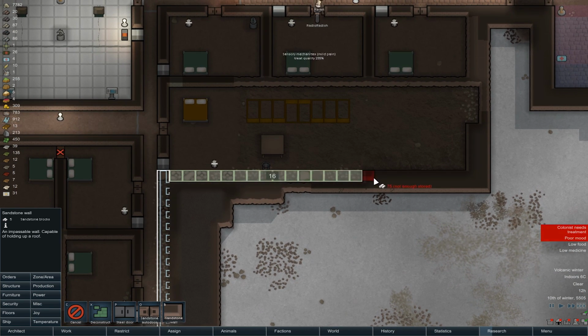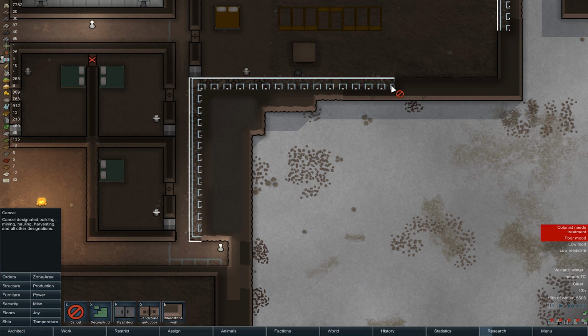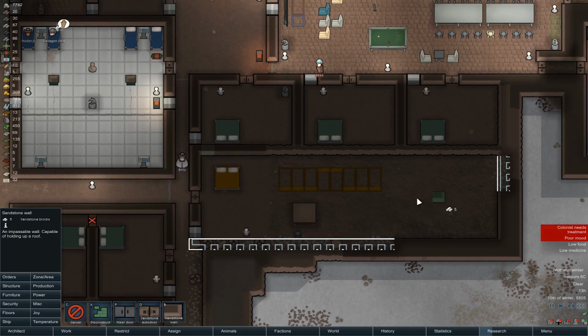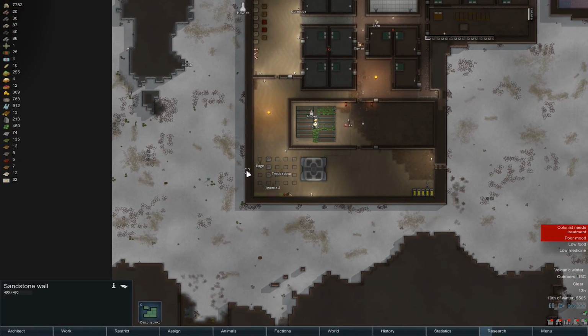Sandstone, all back in again. In fact, let's do the important bits first. So, let's put sandstone back in where it's thin, and I'll worry about the side of a corridor that's not that big a deal later. I should also think about...